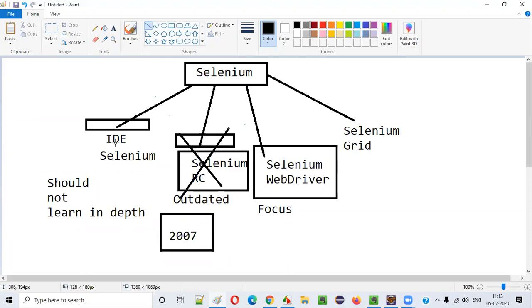At least Selenium IDE we will learn at a high level. We'll just see how to use it. That's it, nothing much. 5 or 10 minutes will be enough for learning Selenium IDE, guys. Nothing more than that. But coming to Selenium RC, we should completely avoid it, and our complete focus will be on